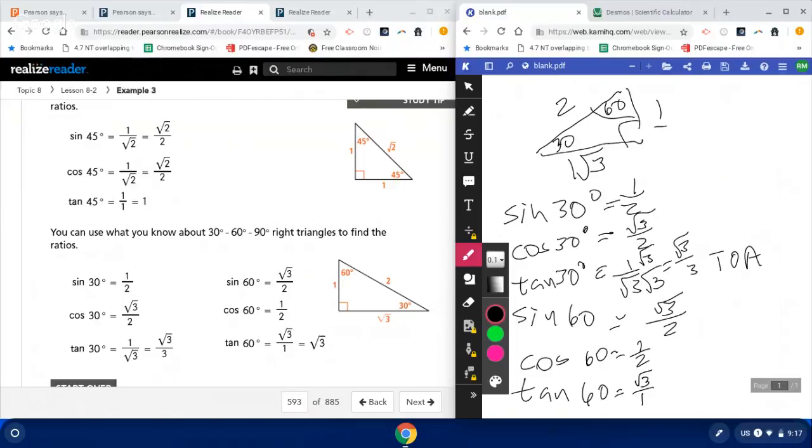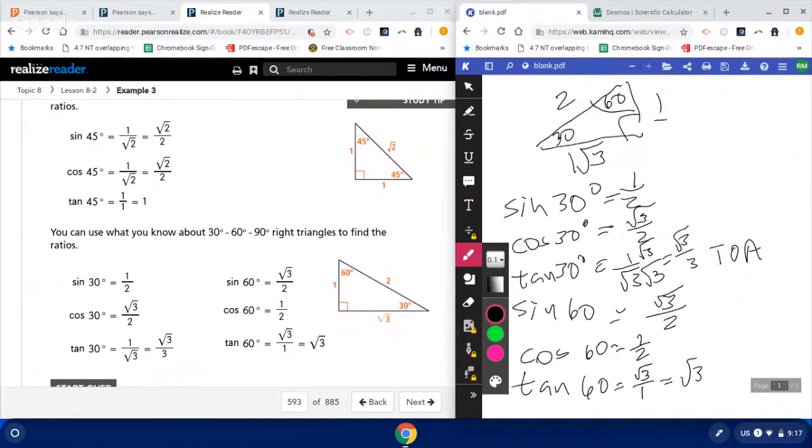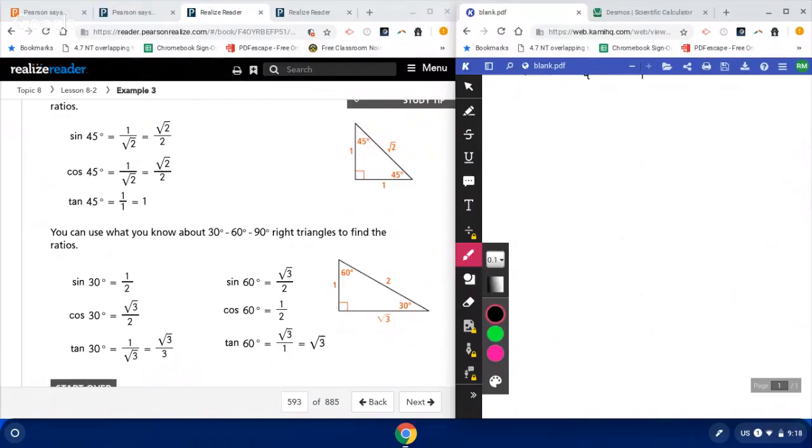Or they're just going to call that square root of 3. So basically what we have over here, we're just creating based on that. Now you're going to be expected to know all these. What I would expect to see on a test or a quiz, where I don't let you use a calculator, is that you're going to have to draw this picture and recreate that. And then we have to be able to do the same with a 45,